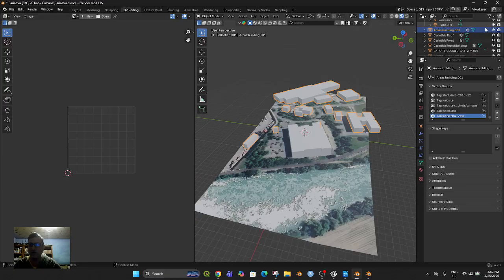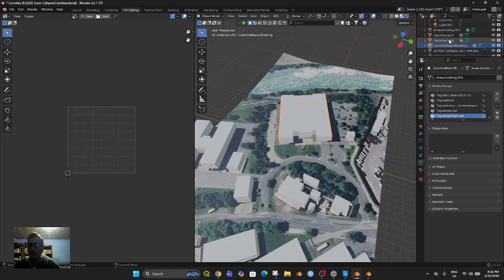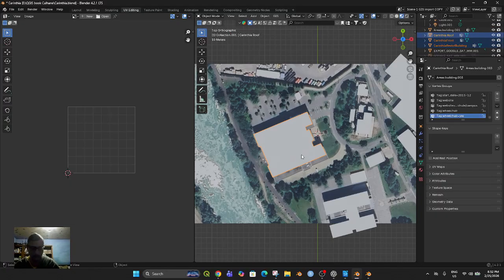So these are all the other buildings. So that's just areas of buildings. We'll keep that. So there's the roof, there's the front, and there's the rest of the building. Now, if I select all three of these and I look down, hitting 7, I can scale this out, but